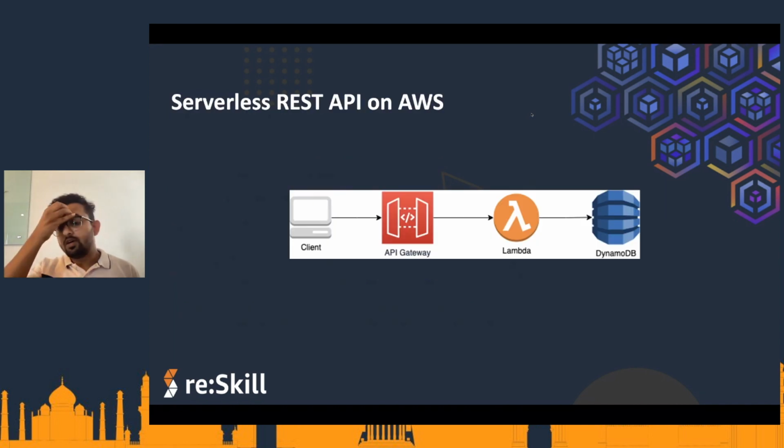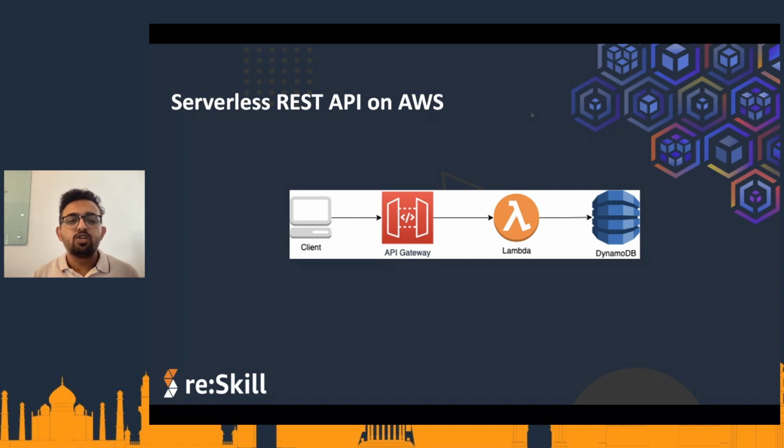So moving on, a typical use case in a serverless REST API is that the client calls API Gateway, and the API Gateway hits a Lambda function. The Lambda function accesses the DynamoDB table, and it adds records and reads from DynamoDB whenever requested, and so on.